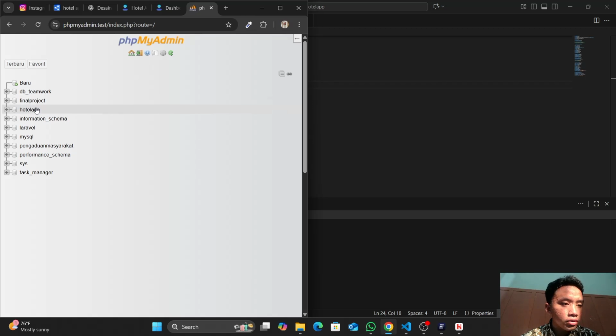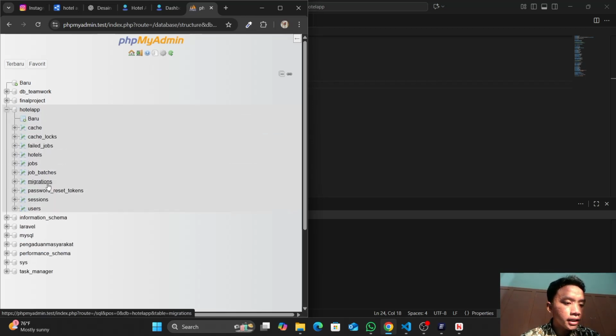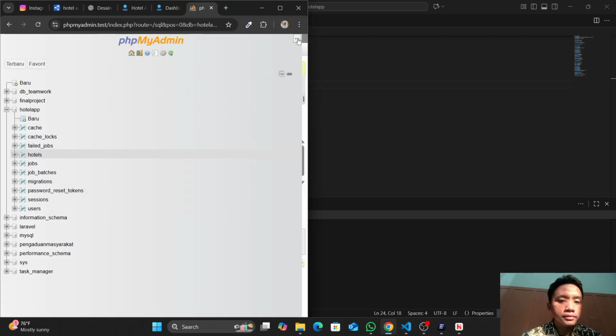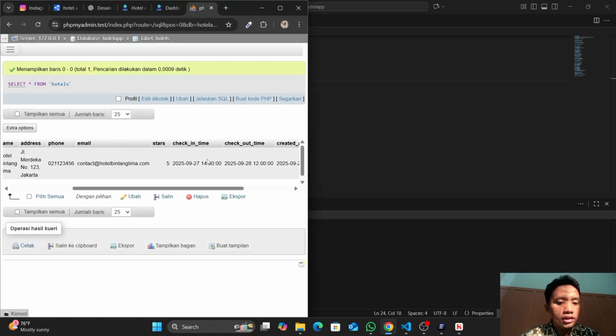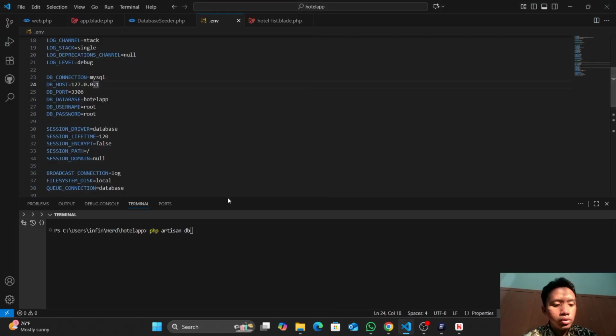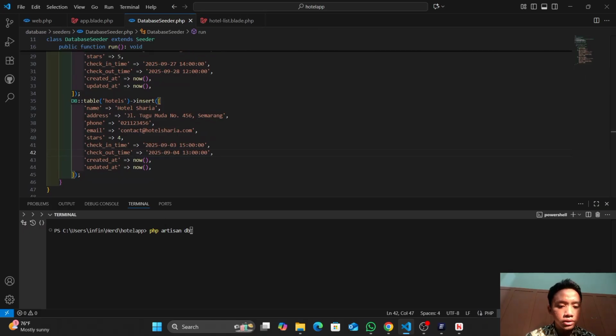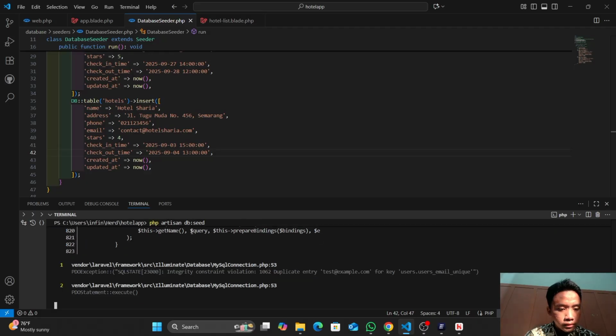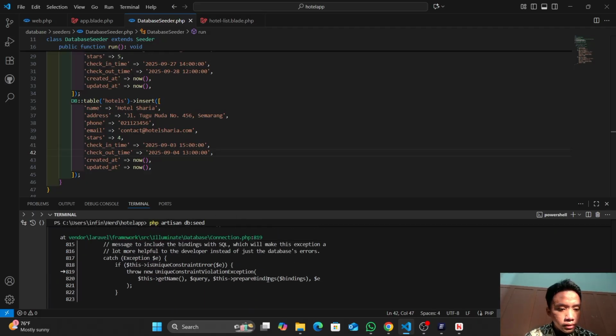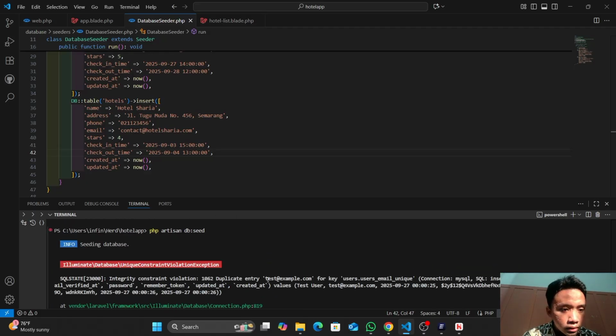Yes, after you make new tables, I mean the hotel tables, you have to migrate until the update that you write in VS Code appears in phpMyAdmin, right? Yes, that's the dummy data we made before.